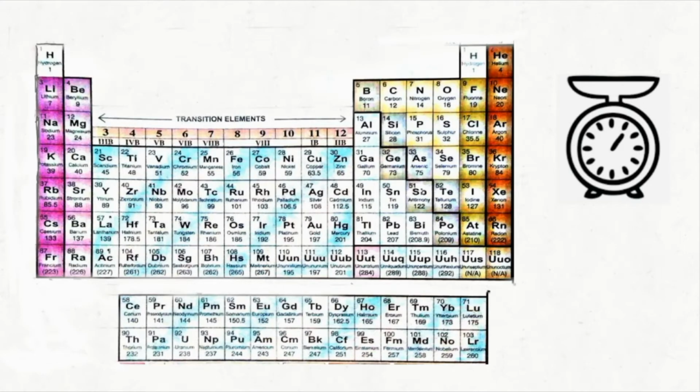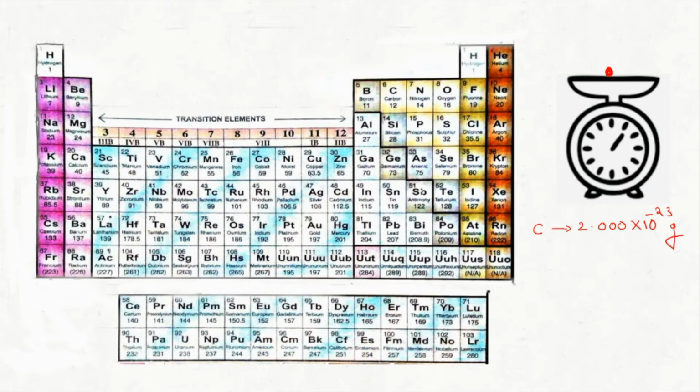Okay, so in this video, using a very funny example, we are going to learn the concept of atomic mass unit. Our concern is how to express the mass of an atom. In the picture, you can see a weighing balance also. We are taking one atom of carbon and keeping it on the weighing balance and weighing it. Okay. So what will be the mass of carbon atom in gram? That will be equal to 2.000 into 10 raised to minus 23 gram.